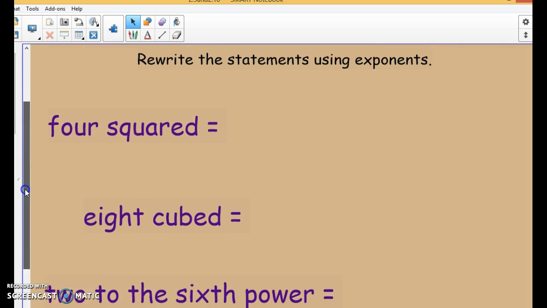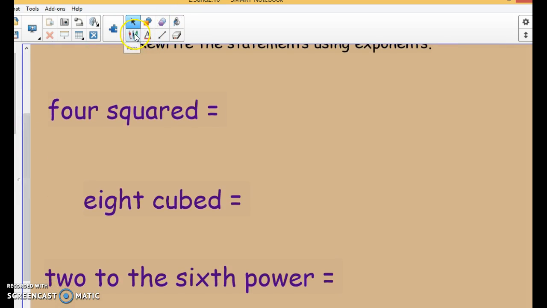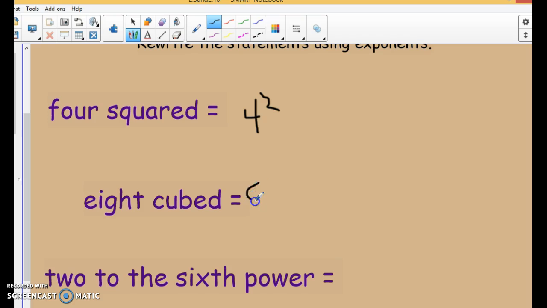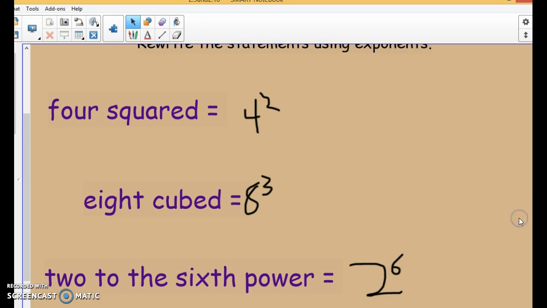And then we have to remember some words here. So remember 4 squared would mean 4 to the 2nd power. 8 cubed would mean 8 to the 3rd power. Or we can just write 2 to the 6th power, which just means 2 to the 6th power. And then going down to our next,